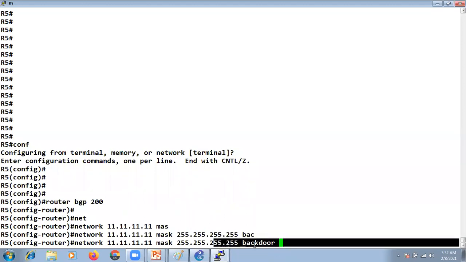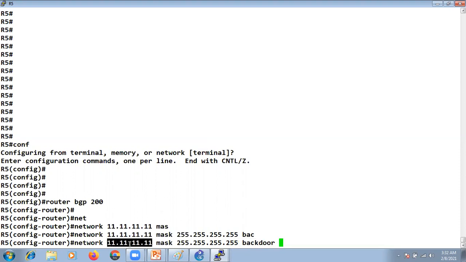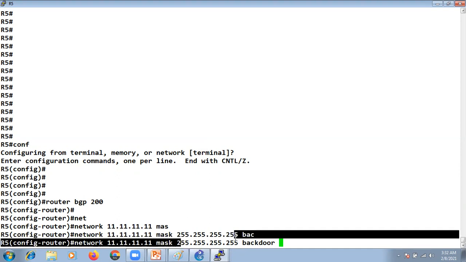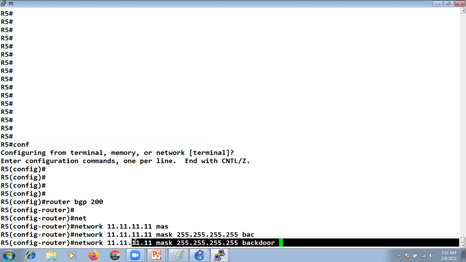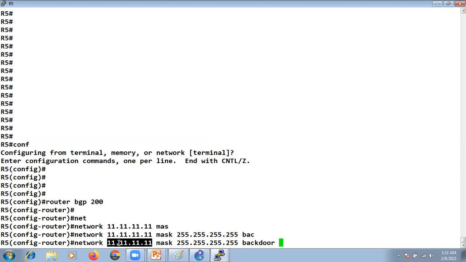This command will impact the subnet that we are mentioning here. While installing this route in the routing table, it will now consider the AD value for this particular subnet as 200 instead of 20.